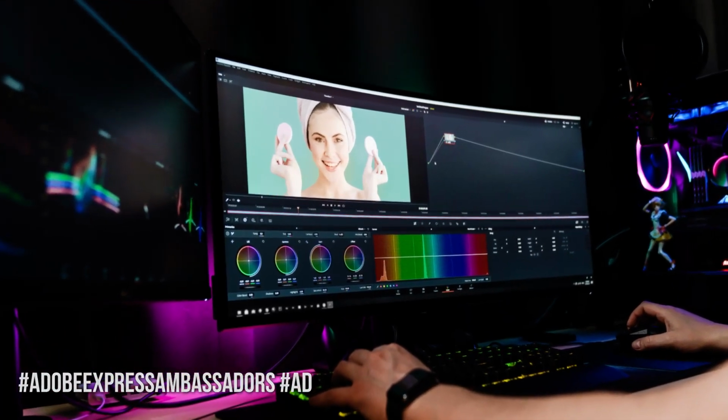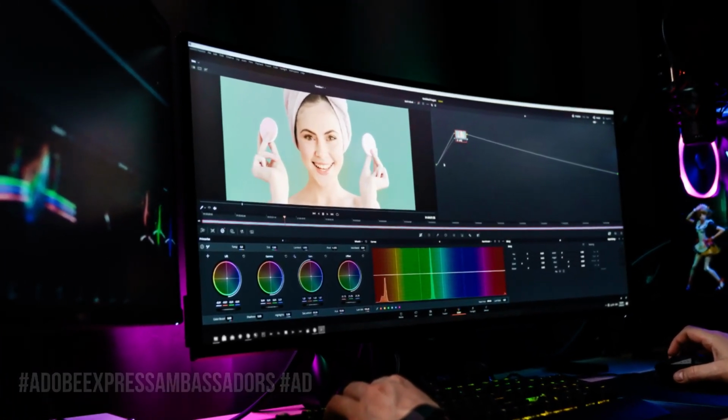Anyone can create eye-catching and engaging social videos. You don't need to be a professional video editor or have expensive equipment. What you do need, though, are the right tools to help you maximize and enhance your creativity without the tech